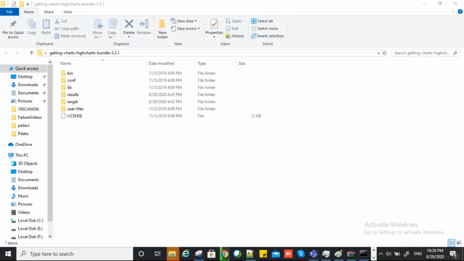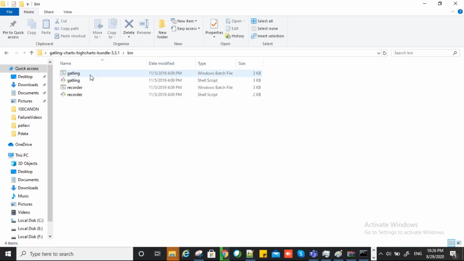If you open the tool, there are about 6 folders. The first one is the bin folder, where you can see Gatling bash files. You asked me whether you can run it on Linux or not. There is one shell script, Gatling, that will work on your Linux. Then this one is the recorder. If you click on recorder, then I will